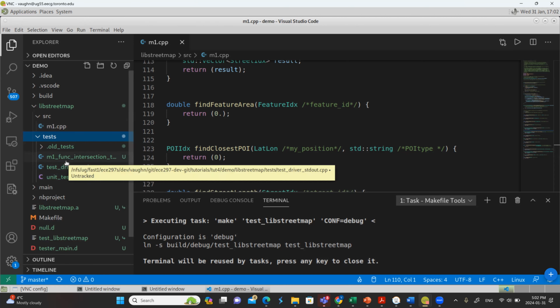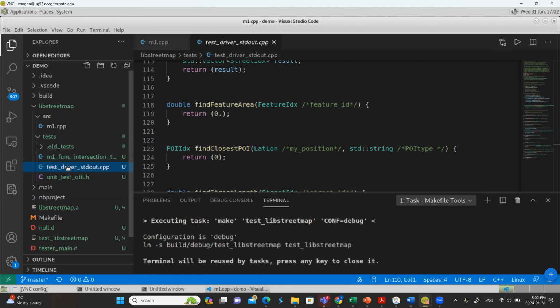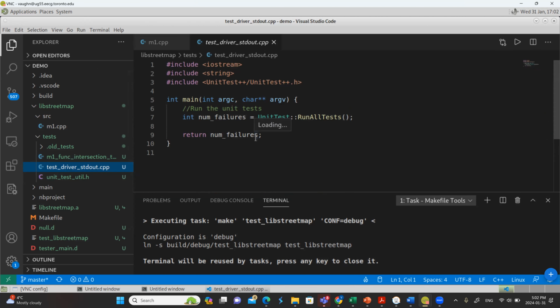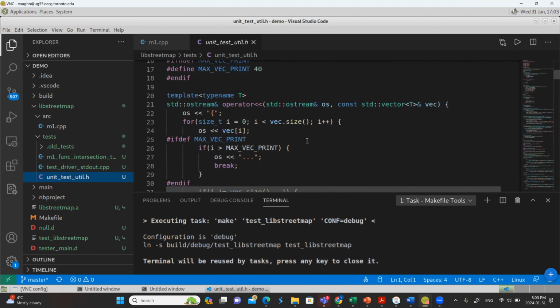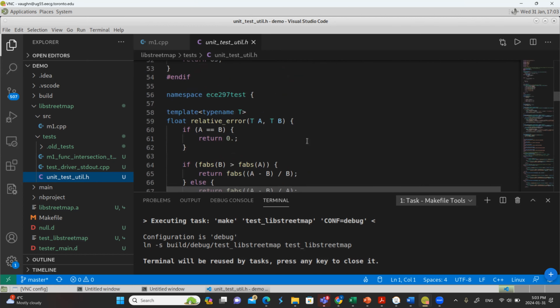Okay, so if I look inside this tests directory, you're going to see a few things. Okay, so you see a file called test driver. We're going to talk about this in lecture, maybe on Thursday, maybe next Tuesday. This is the main program for the unit tests. So notice there is a main function. So this is where the program is going to start running. And it basically just says run all the tests. And so that's pretty boring. There's a utility file here that we wrote. You don't really need to understand what's in it, but basically this got copied over. It has a bunch of helper functions that we're using.